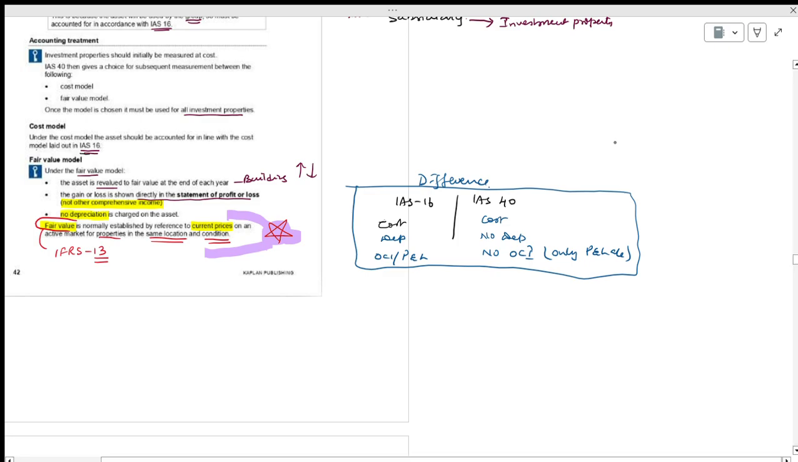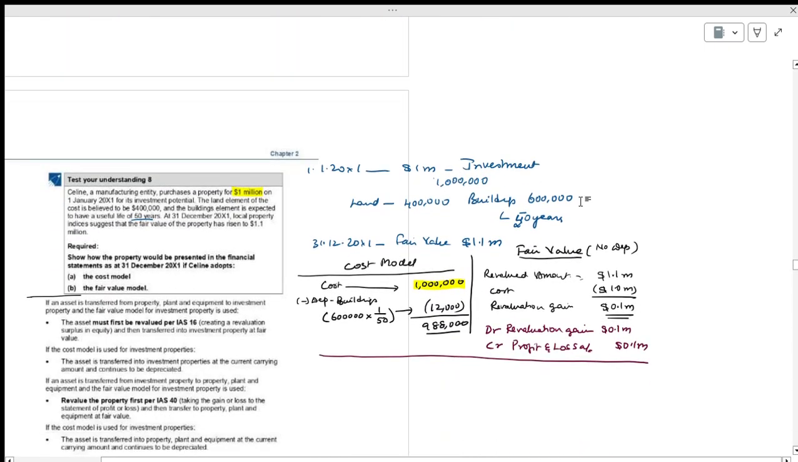Cost model, what we have done in property, plant and equipment, same thing we have to work out with respect to the cost model. In the cost model, we will calculate depreciation. In the fair value model, we will not calculate depreciation. Fine. Now, coming back to this,